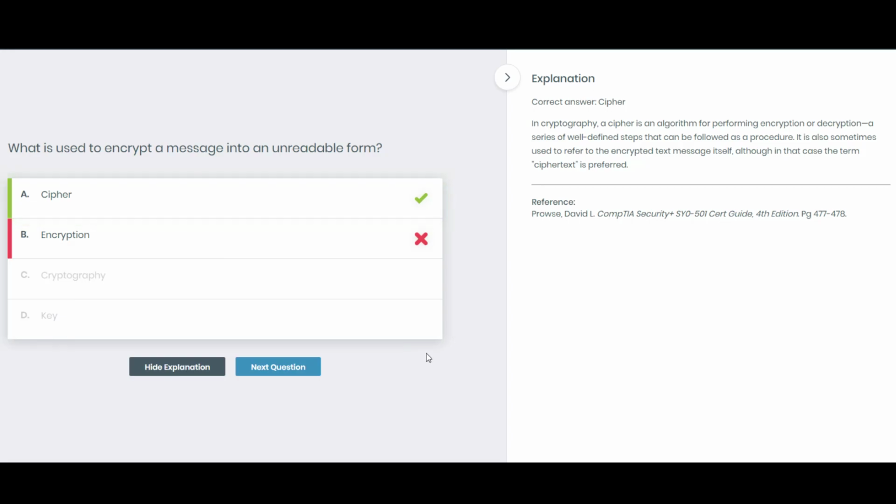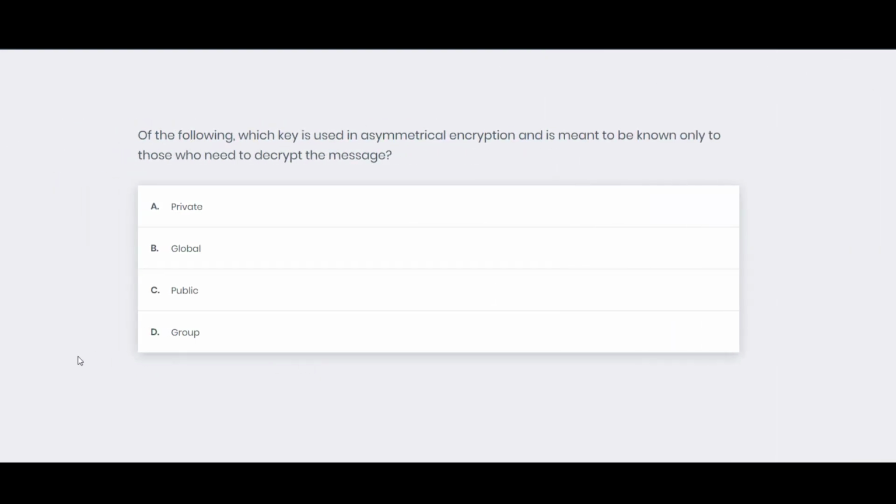In cryptography, a cipher is an algorithm performing encryption or decryption. Alright, I understand now. Of the following, which key is used as symmetrical encryption and meant to be known only